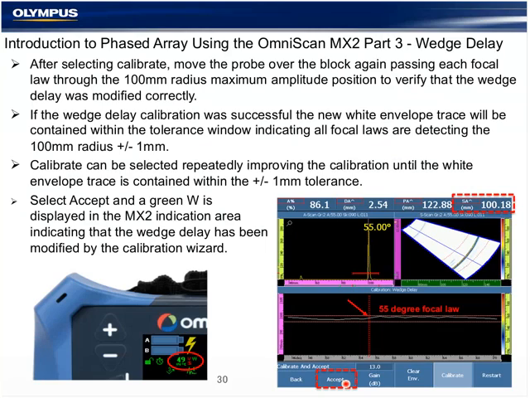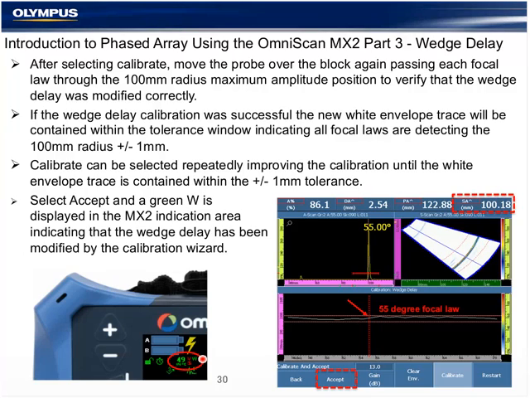Selecting accept makes a slight correction to the wedge delay for every focal law based on the readings from the wizard. And as you can see here, under the sound path reading, SA, we'll see that it's at exactly 100 millimeters. A very tight, accurate wedge delay is really important for ultrasound inspection. The trace that you see here allows a tolerance of about 1 millimeter, and that's only a visual indicator. So upon selection of accept, we will also see a green W that is telling us